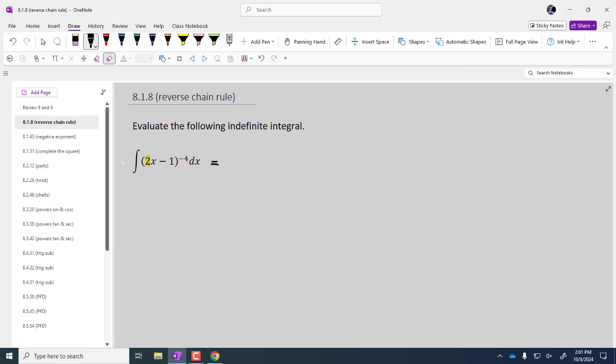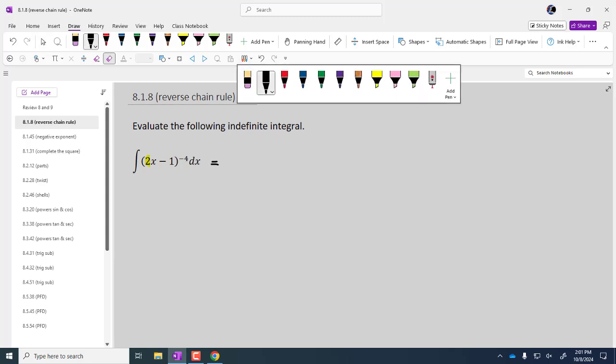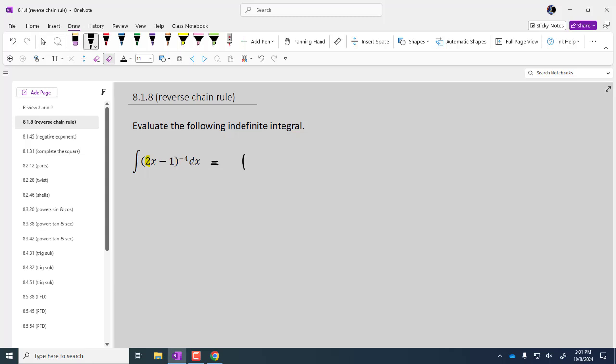So the integral here, we take the base. The base is 2x minus 1. So 2x minus 1. We add 1 to the exponent. We divide by the new exponent. So we add 1 and get negative 3. We divide by negative 3. But then we also have to divide by the derivative of the inside. So we're also going to divide by 2. So that will be